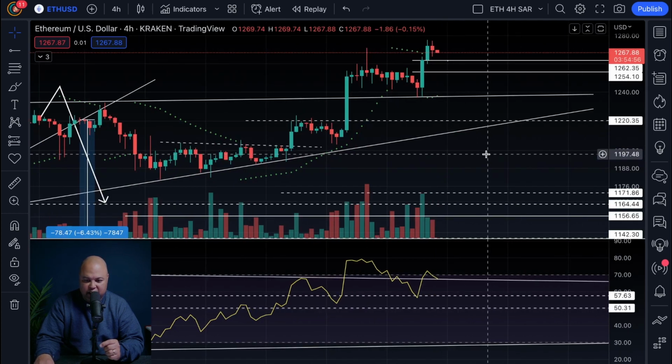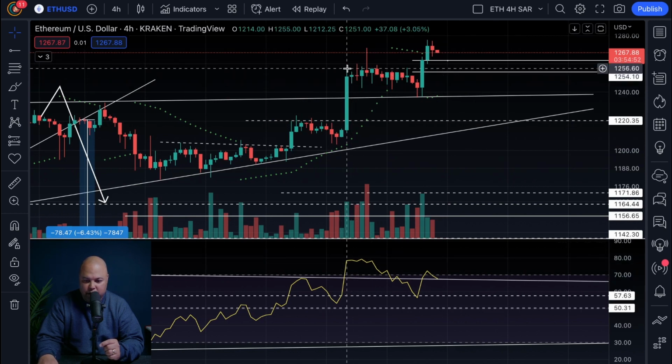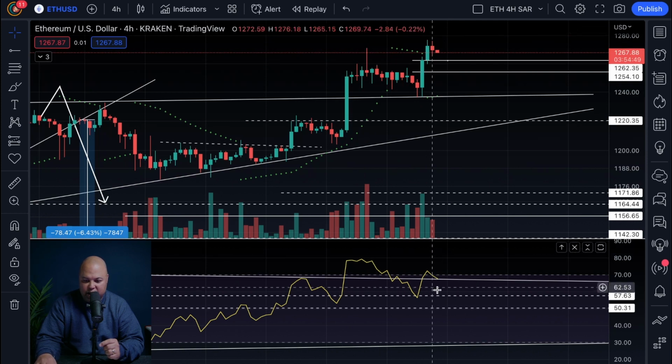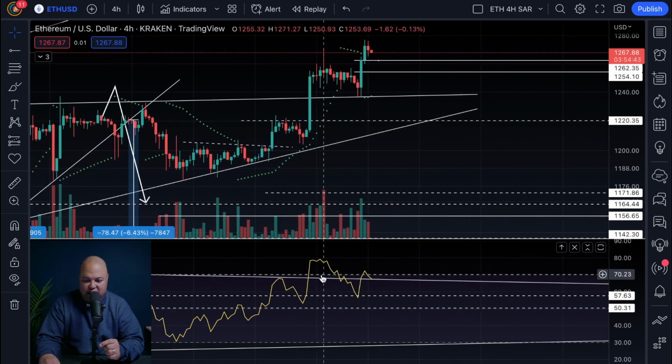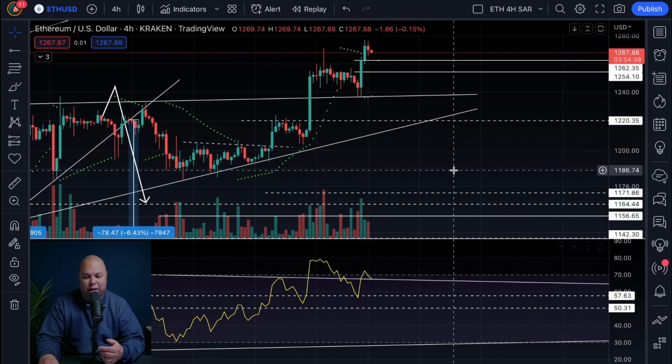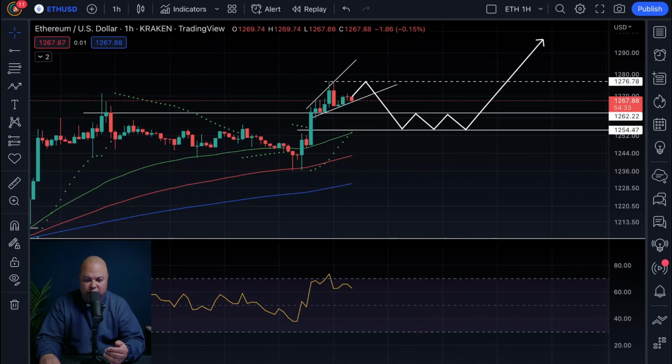Taking a look at the 4-hour chart, we noticed that the RSI topped out over here, but the price still made a higher high and the RSI made a lower high. That's called bearish divergence. It's classic bearish divergence. It simply means that the RSI on the 4-hour chart needs to cool down before it can possibly pump again. I mean, of course, it can always possibly pump again, but once we start seeing bearish divergence in the RSI, especially on the 1-hour chart,